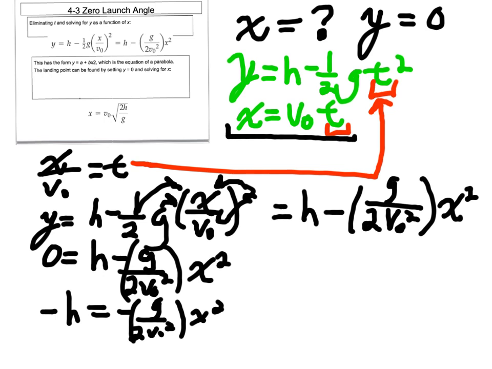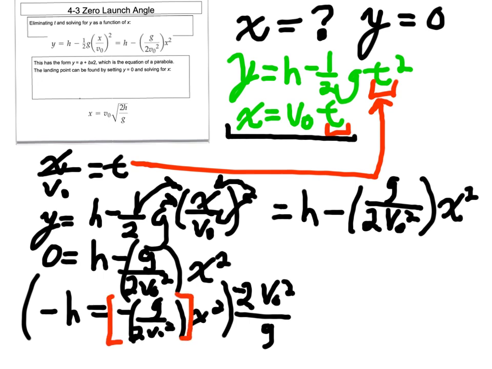Then, because I'm getting x by itself, I'll divide by g over 2 v naught squared. So basically I'll multiply both sides of the equation by the reciprocal of that, negative 2 v naught squared over g. So I just flipped, changed to a different color, I just took this fraction and flipped it. And so it will cancel out on one side and leave me on the other side with